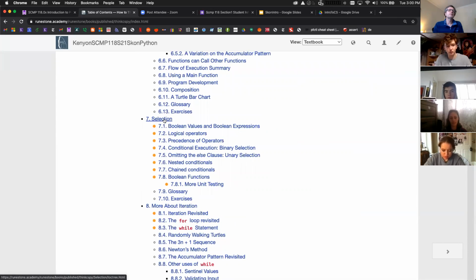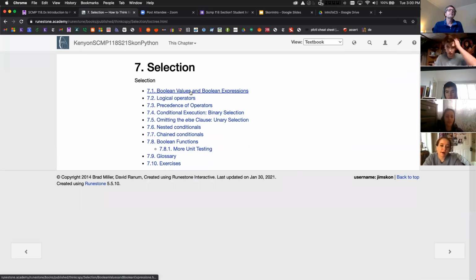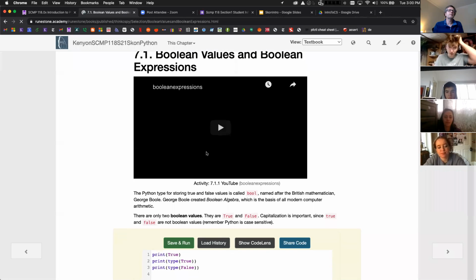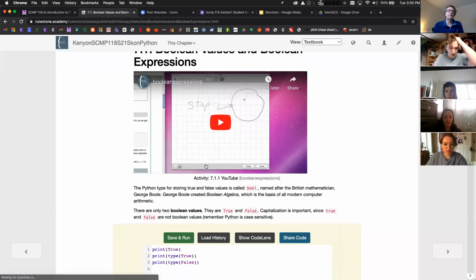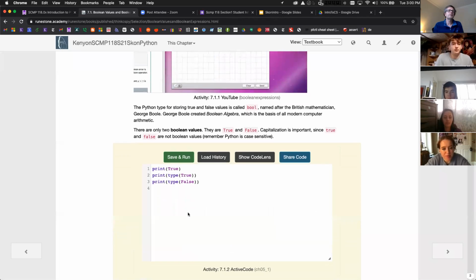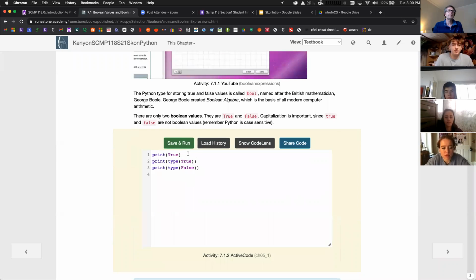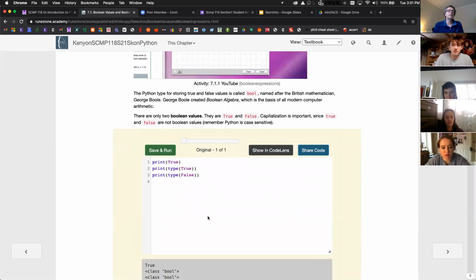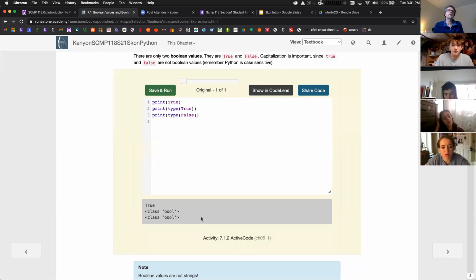If we go into selection, Boolean variables and Boolean expressions, notice there's a video in here. There's stuff you can read. You should watch the videos. Now here's a program, and I can run this program, and here's the output.